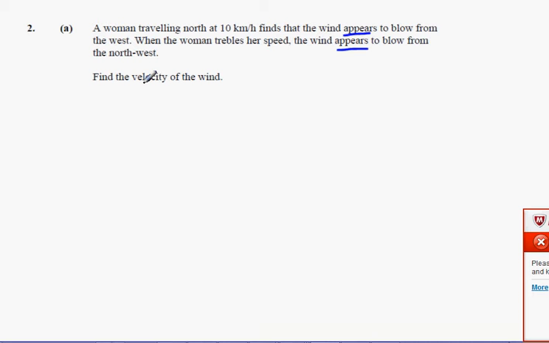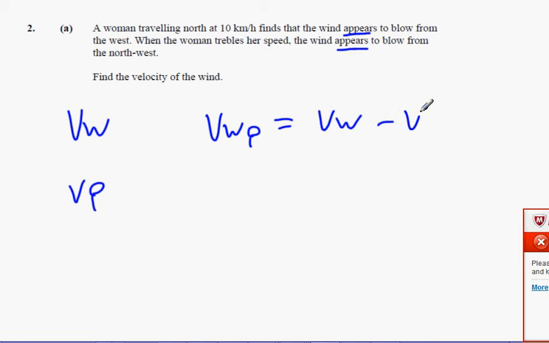Okay? So here's what we're going to do. Let VW stand for the velocity of the wind. Let VP stand for the velocity of the person. And let VWP stand for the velocity of the wind relative to the person. Velocity of wind minus VP. And then what I'll always do is I'll always get one of them on their own. So I'll get VWP